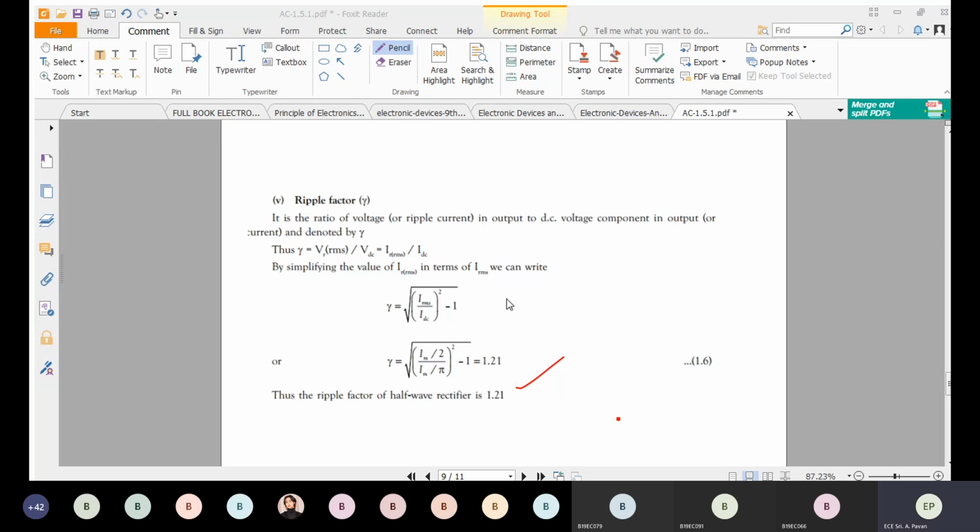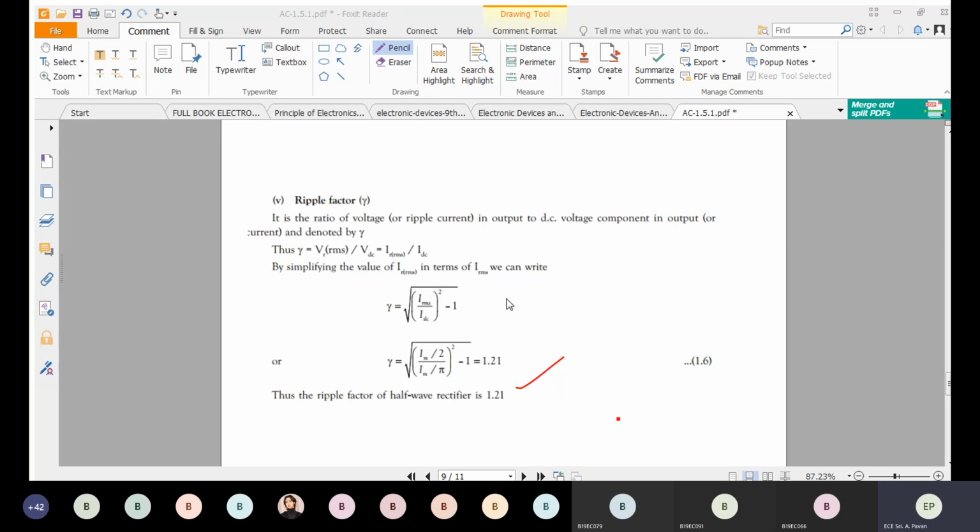Yeah, if you have any doubts regarding this half wave rectifier, you can ask me now. What we have seen today is the half wave rectifier, block diagram, and simulation of the half wave rectifier with and without filter. We have covered both theory and practical in one session. Is anything else?